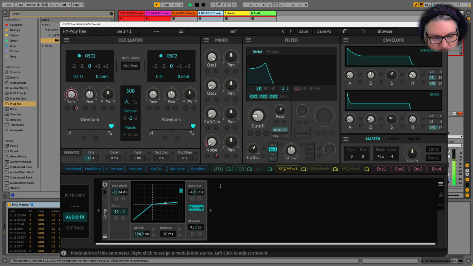Okay. Just right at the front, a little bit of nice air. Can we get some sub going on? Let's see. What is this? Set the master oscillator. Oh, okay. So the sub is there. Just can't really hear it because it's mixed out from the filter. What is this? Frequency for both filter 1 and 2. Where's the other filter?